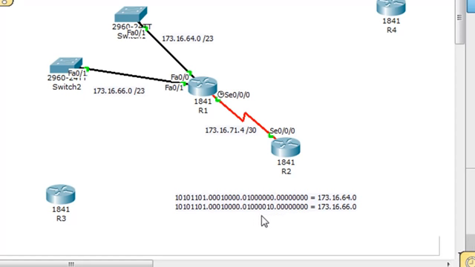And if we do that, we can see that the last common bit is right here, these two zeros before we get the 1 right here that changes this IP address to a 66. This 1 is in the 2's place right here, and it changes this IP address from a 64 to a 66. So the last common bit is actually a